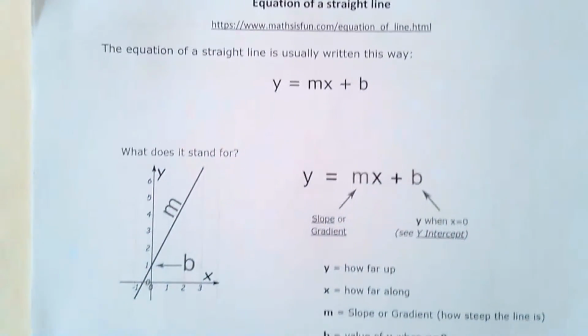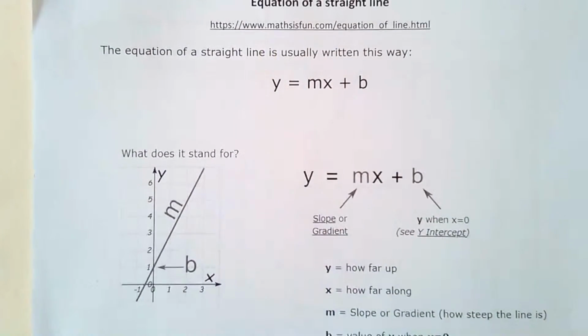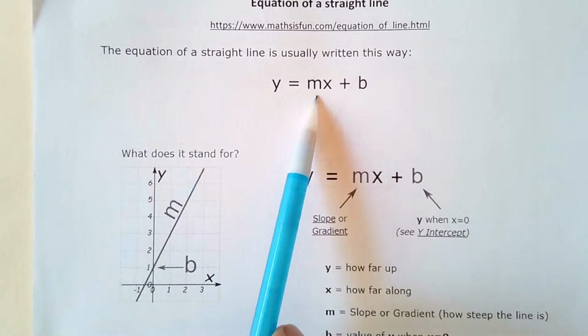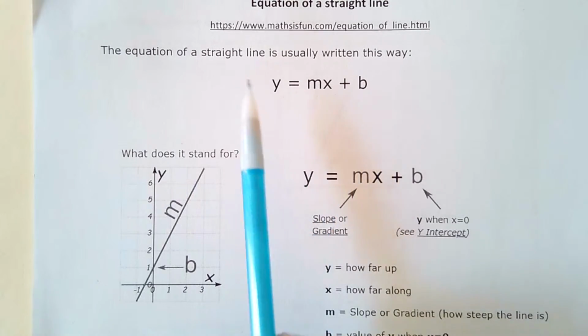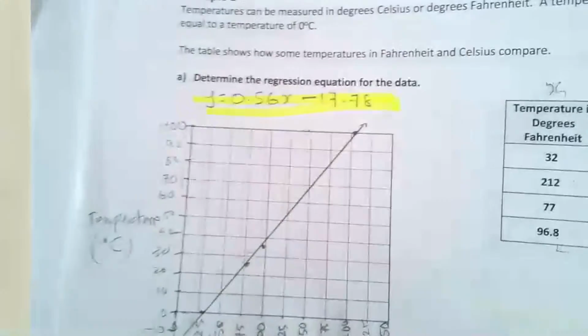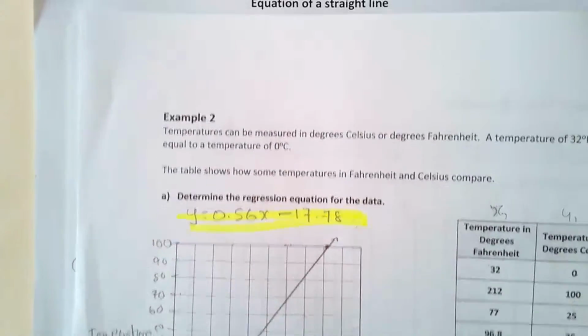So let's go to the equation of a straight line. I put a link where you could find more information about the equation of a straight line. The equation of a straight line is usually written in this way, y equals mx plus b. Now, if you look at your previous linear regression equation, another example, the one I'll give you here is this one on temperature. If you compare it,